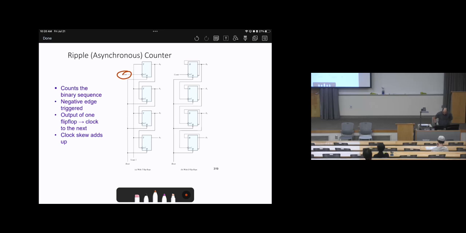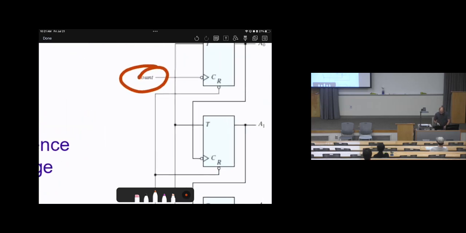The second observation, there is a reset, and this is active low, so we can reset the counter. And again, why is it called a counter? Why is it not just a register? Because it looks like a register. It's 4 bits. The counter is a special case of the registers. So this is, yes, a register, but the difference is we don't have a clock, we have a push button